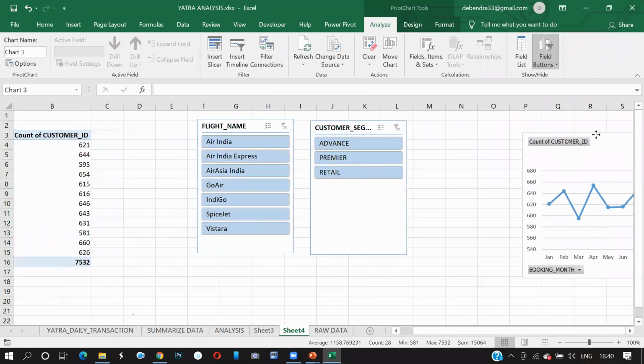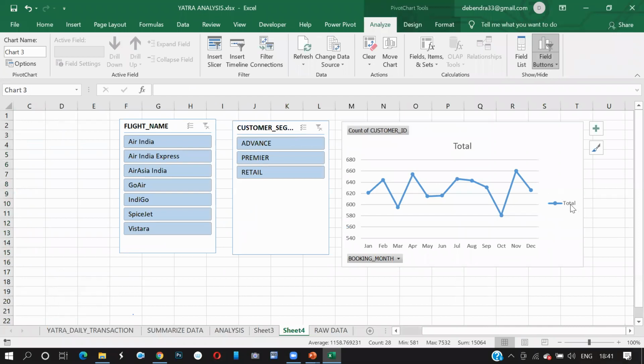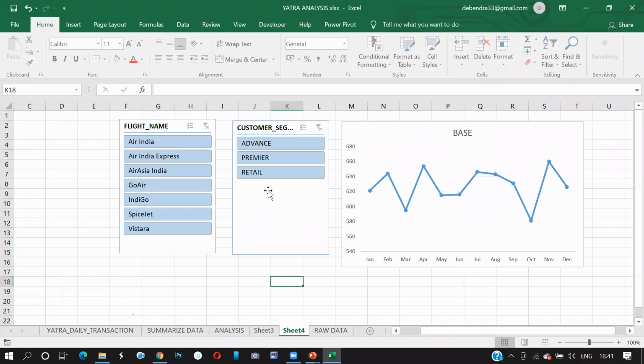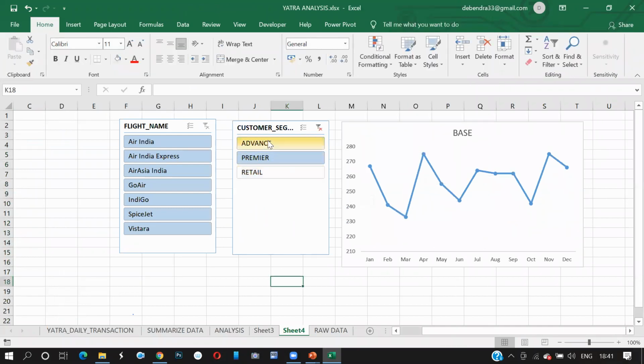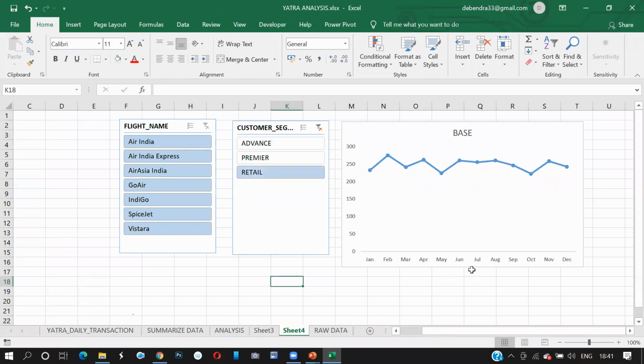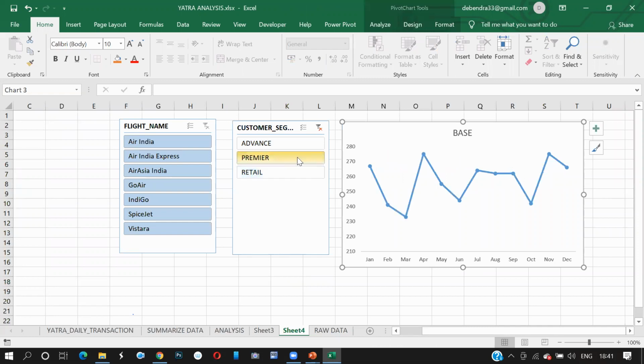Soon after I take this trend over here, I want to see how they're behaving over time. This is called base of customer. Now tell me, if I look for premier customer, advanced customer, retail customer, what is happening here? The premier customer behavior is not going very straight. It is going through lots of seasonality in the data, sometimes growing, sometimes declining. That means my strategy is not in place to retain my premier customer. Yes or no? Yes, sir.